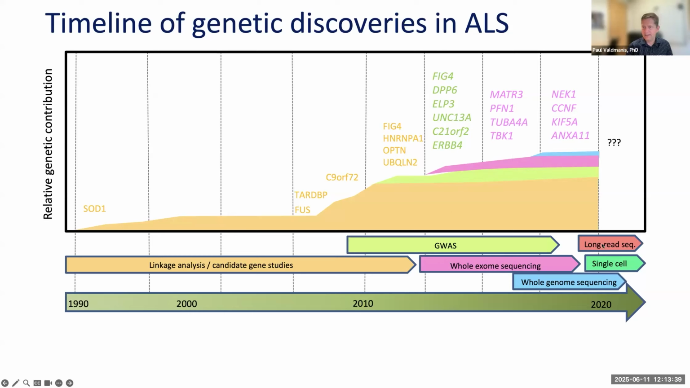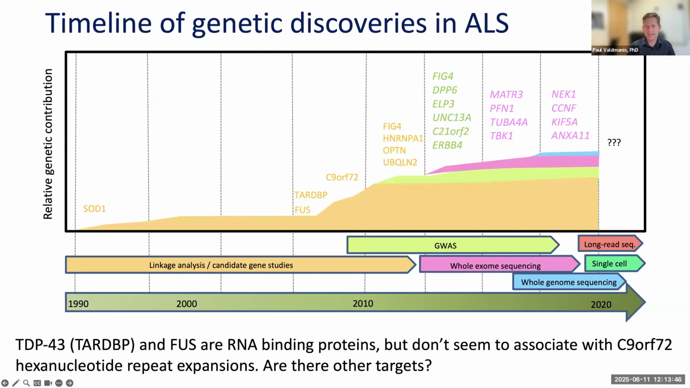And so we hypothesize that long-read sequencing and next-generation sequencing approaches could fill maybe some of this missing gap. And really help explain another conundrum in ALS, where TDP43 and FUS, which are both RNA binding proteins, don't seem to associate with the C9orf72 repeat too much, which is a repeat expansion. So it suggests that perhaps there are other RNA targets of these RNA binding proteins in ALS. And we've worked a lot on sequencing in families with ALS, including